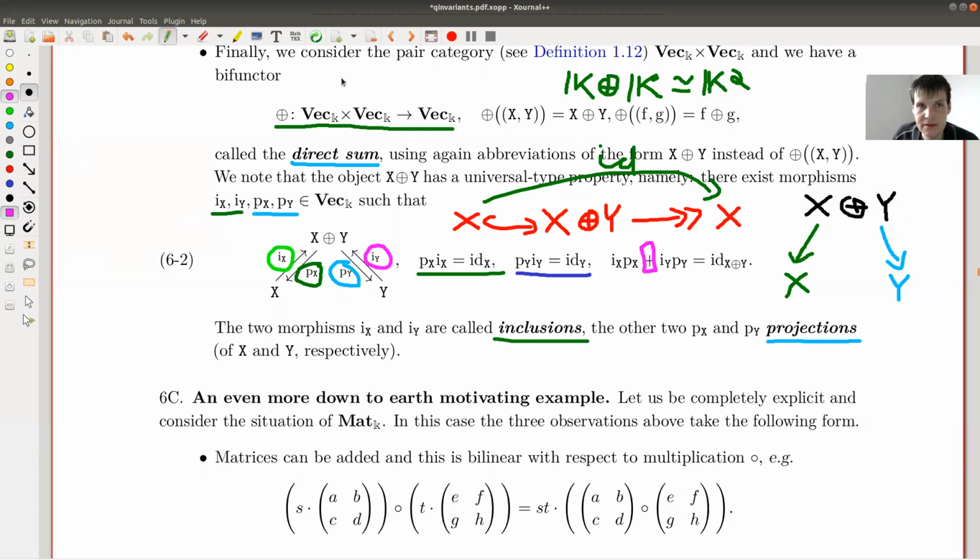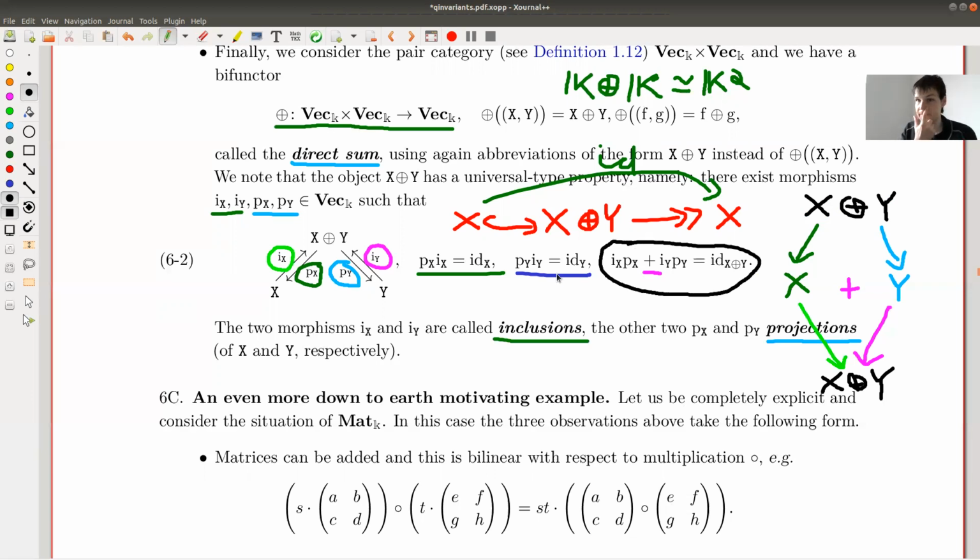Okay. This was really bad. So take the sum over both ways. So basically, I want to put a plus here, and then I go back, using the inclusion and using the other inclusion, and I go back. Right. So going each way separately, you would lose information. So you kind of go both ways at once, and you end up with this condition. So this is always kind of a decomposition of the identity.